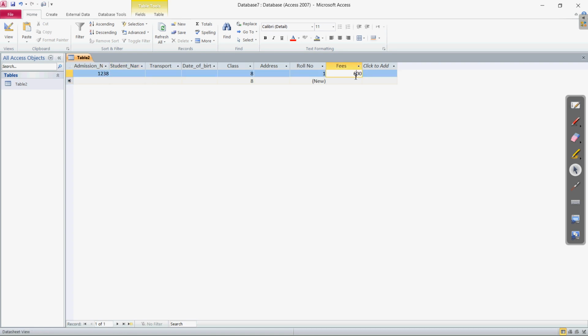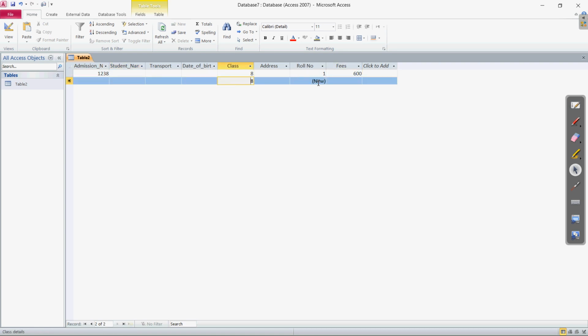So 600 is fine. Okay, if you try to enter a value in the second which is less than 500, we have made the condition that it should be greater than 500. So let us try to enter some value which is less than 500. Suppose I am writing 400. Press the enter key. So what is the value? Value entered is less than 500. What is this? This is the error message which we typed in the validation text.